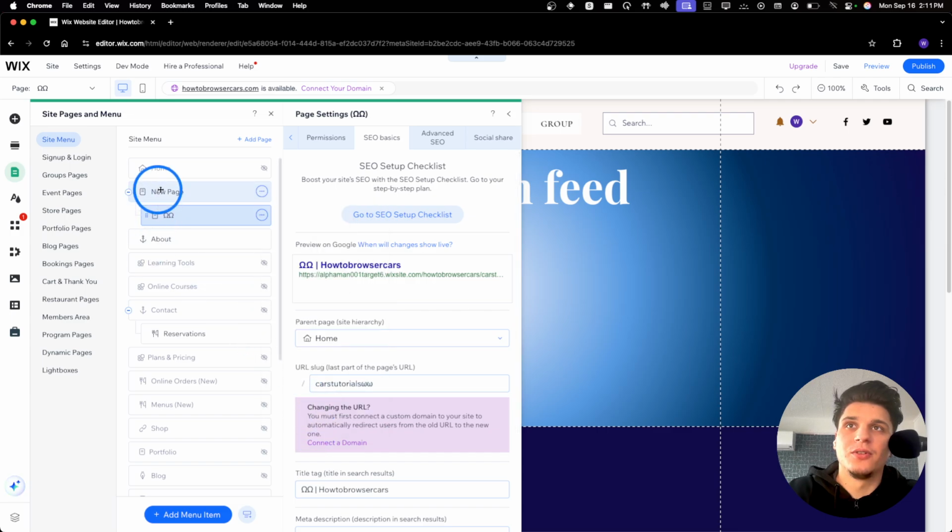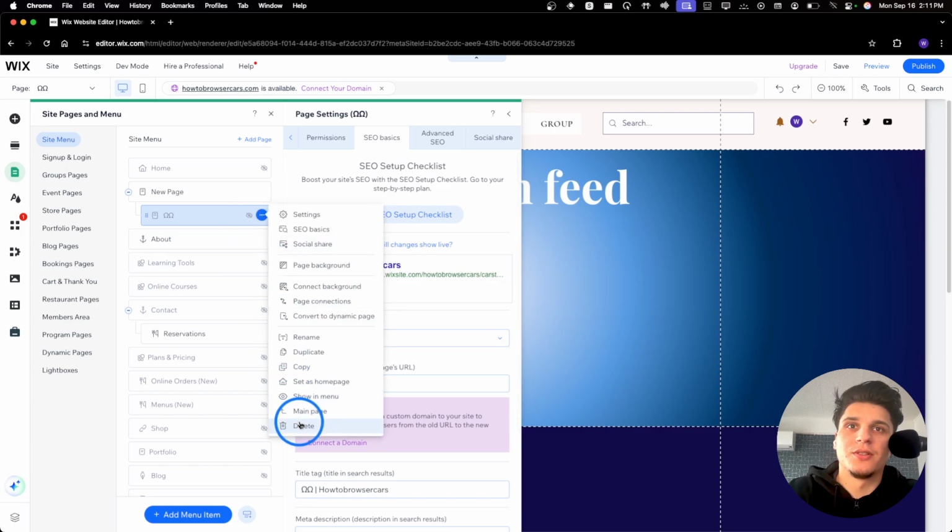or add this as a submenu for a new page, or hide it from the menu. You have a lot of nice options. You also have the shortcut to set this as the home